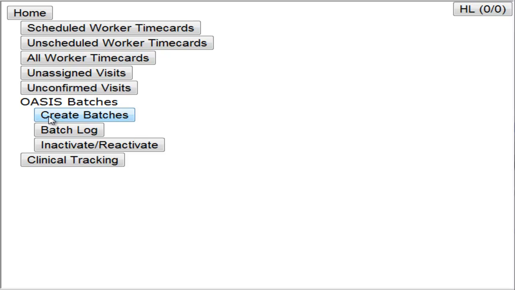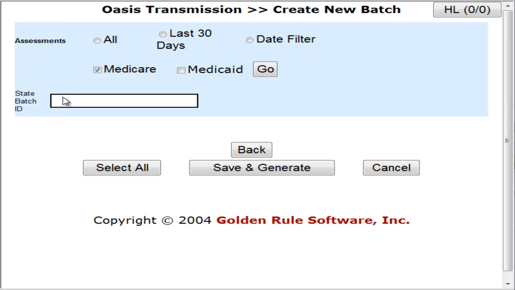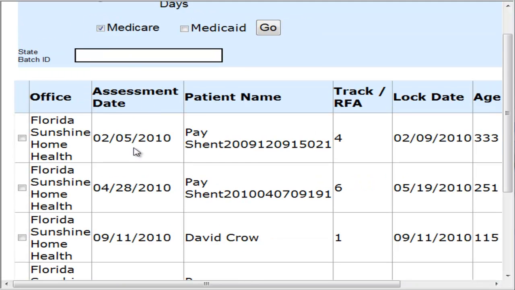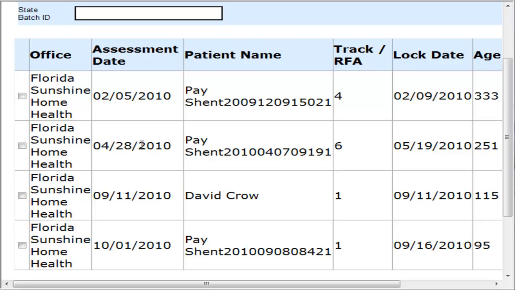I click on Create Batches, and the first thing I have to do is select the date range that I'm interested in batching for. Typically the all is all that you need to do. If you just want to limit it to the last 30 days, you can select that, or if you want to put in your own date range, you can put in the date filter. I'm just going to select all, and then it's going to show me all of the assessments that have been